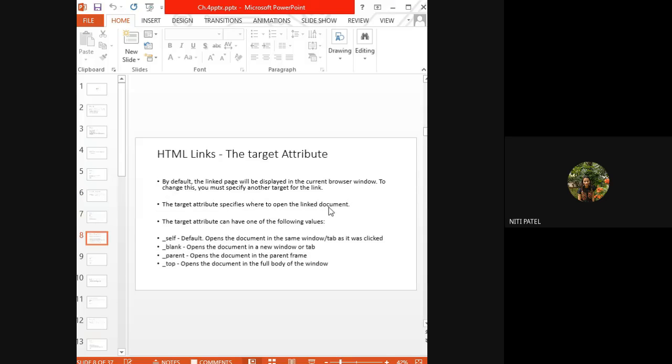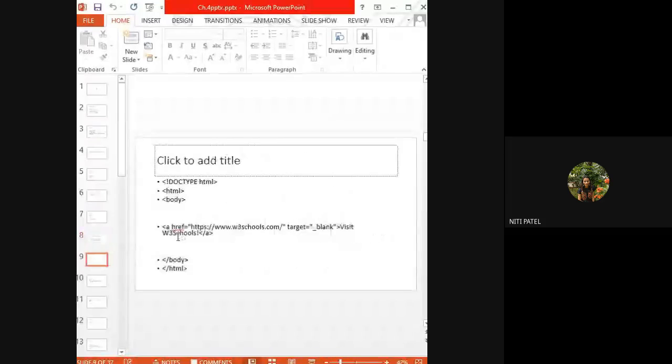Then we had also seen that in the HTML links, we have some target attributes. What are those target attributes? The way we open the page. By default, it is getting opened in the same window, which is called self. But if I want to open it in a separate window or separate tab, we make use of a target attribute as blank. Okay. If we do not mention anything, by default, it is going to take self. So we had seen the examples of both.